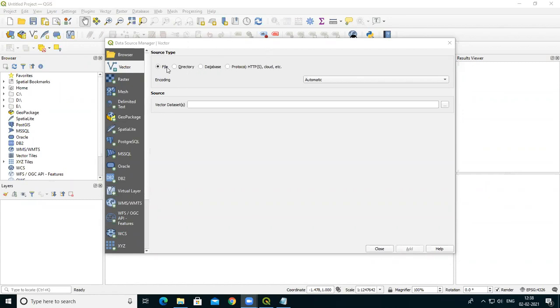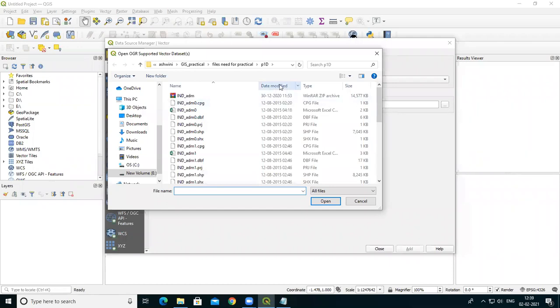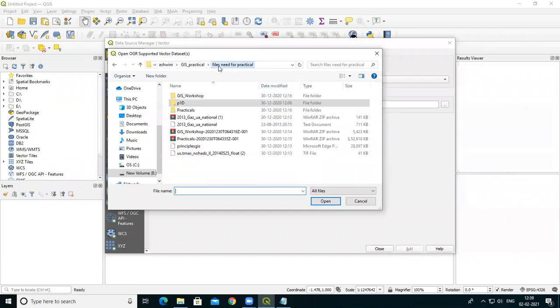Okay, so just see this. After that, we need this vector data set. So for all the data sets which are needed for our practicals, they are already available. Okay, so just use those data sets. There is no need to create these data sets separately. I downloaded them on my computer, and I provide all these data sets to you. Okay, so just click on that. Then I'm storing it in the file needed for practical.